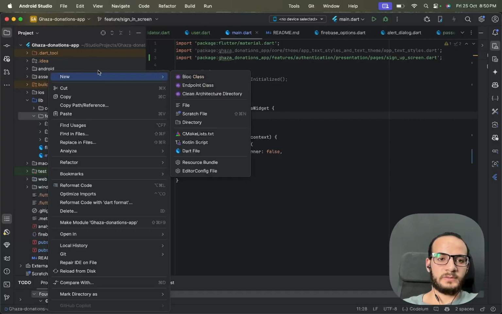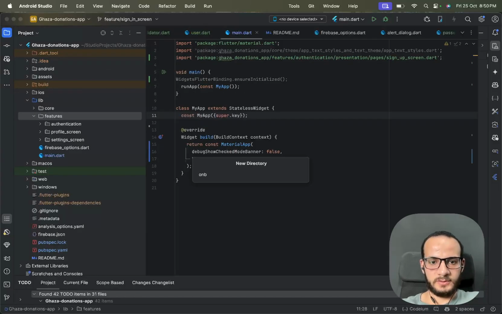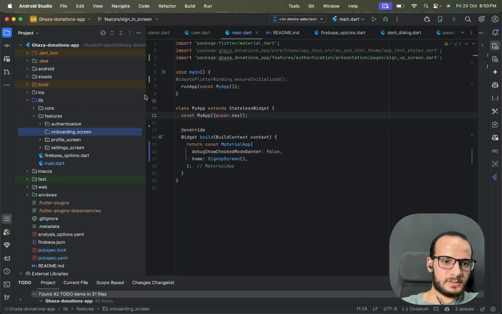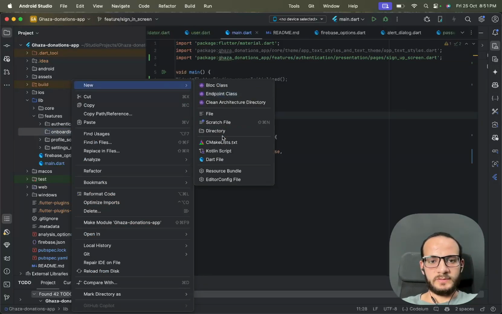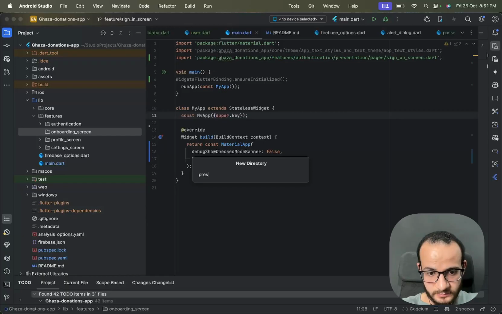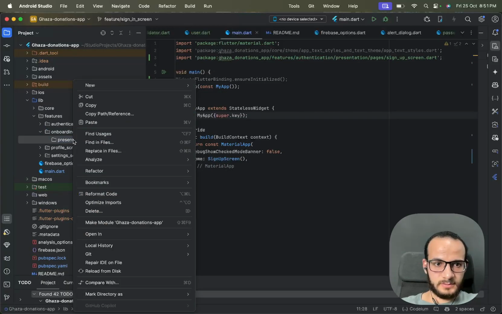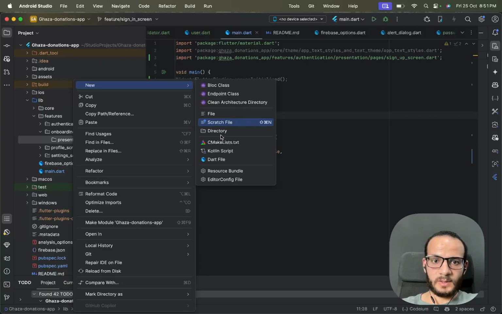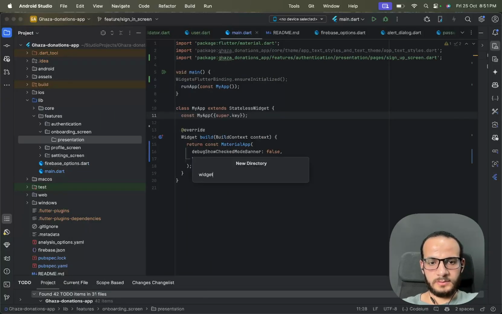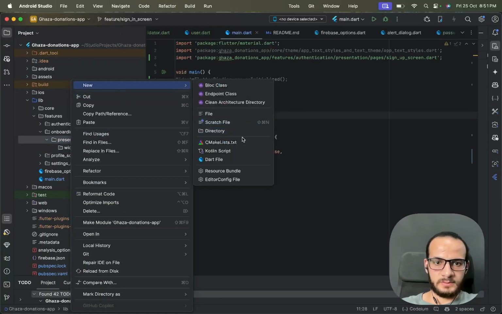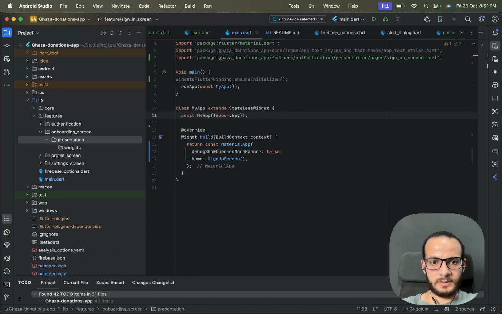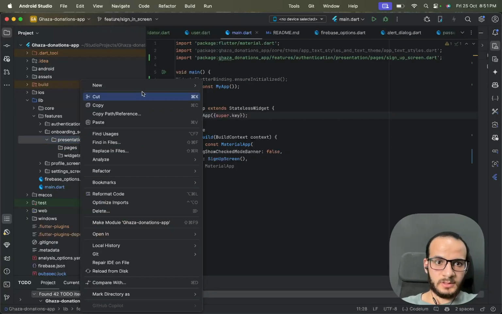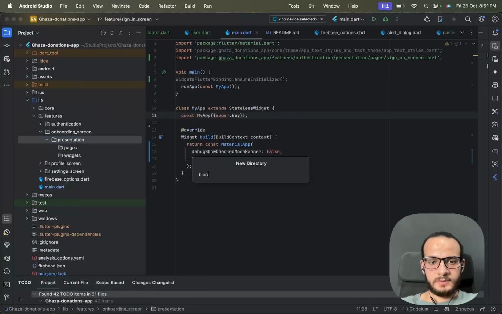So if we were to create an onboarding feature, I'm sorry about the noise in the background, but my mic has a very high gain and it captures all the noise from around. So the onboarding feature has the presentation layer, and that's it. The presentation has some code, some widgets if so, and some pages, and that's it. You can add a cubit if you want, or a bloc,